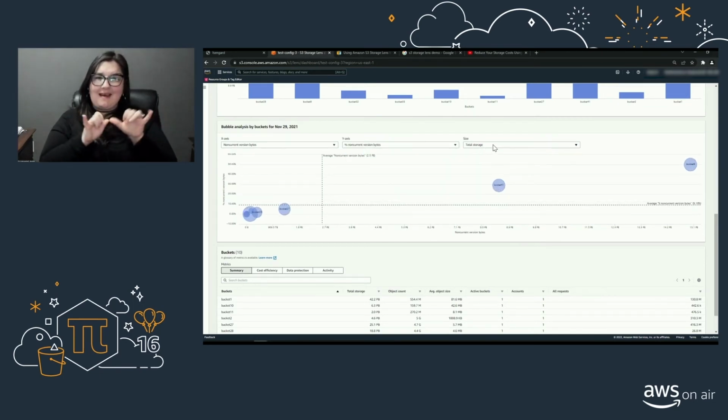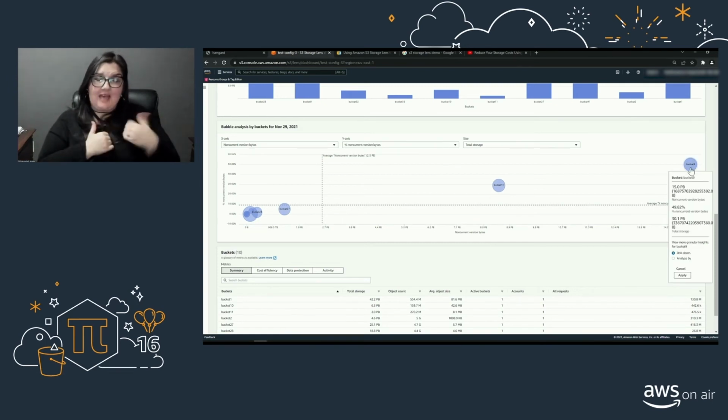What we want to look for in this analysis are buckets with large non-current version bytes that also have a high percentage of non-current version bytes. So anything in the upper right quadrant would be a good candidate for cleaning up non-current versions. For example, these buckets over here have 15 petabytes of non-current version bytes that represent about 50% of the total storage of the bucket.